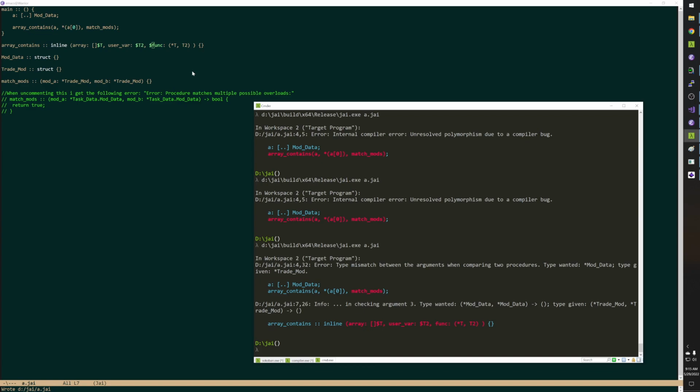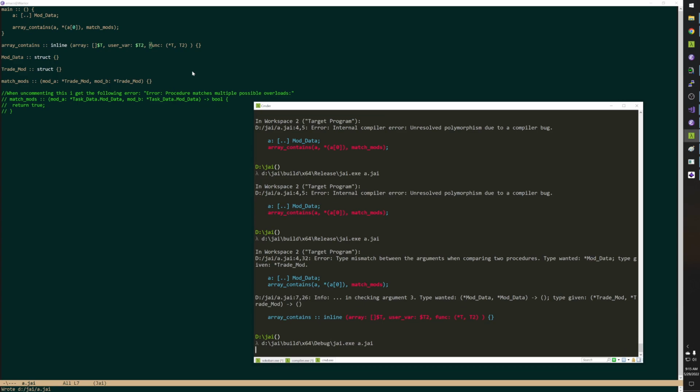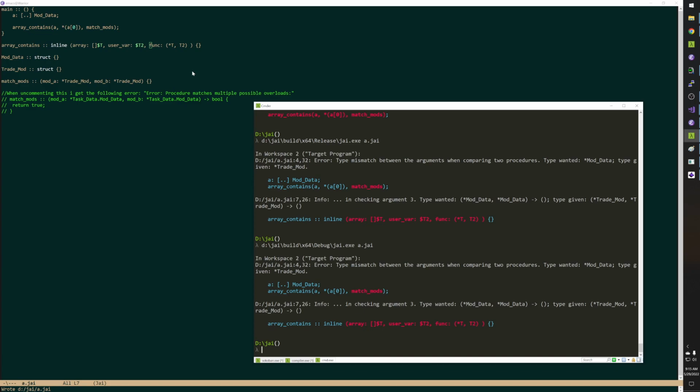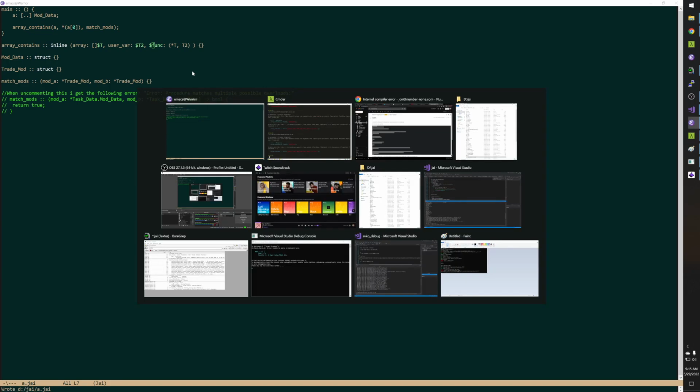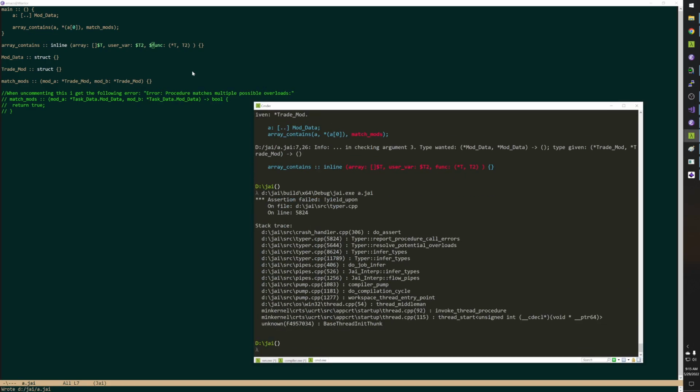And I believe if I run the debug compiler, it's even. Okay, let's run debug compiler without the $sign. So that's fine. Let's run it with the $sign. Okay, so there we hit an assertion. But it's an assertion in reporting errors, which isn't that helpful. Or maybe it is. Oh no, it is, because